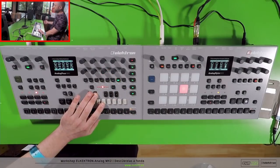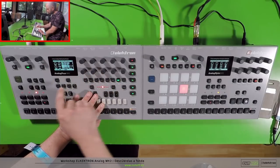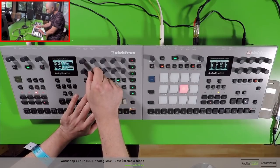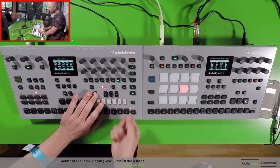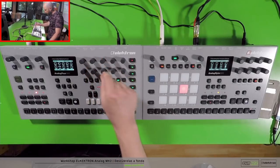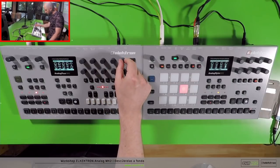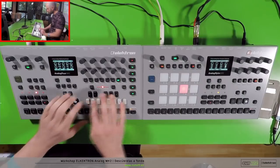But this is only affecting oscillator 1. So you can choose, let's affect oscillator 2 actually instead. Or you could select that you can modulate both of the oscillators. And let's find that. Here it is on the list. And one of the things that I really like is that the envelopes are very snappy. So if I have a very short decay and a very high depth for the pitch modulation,